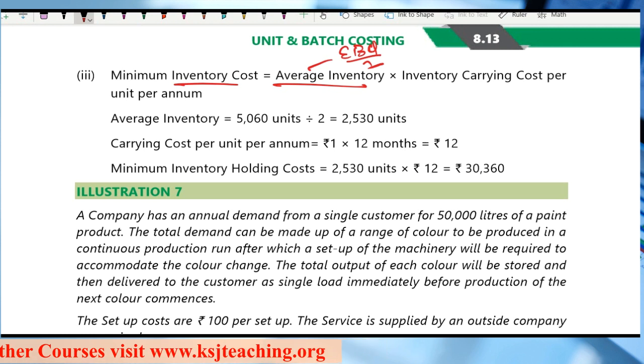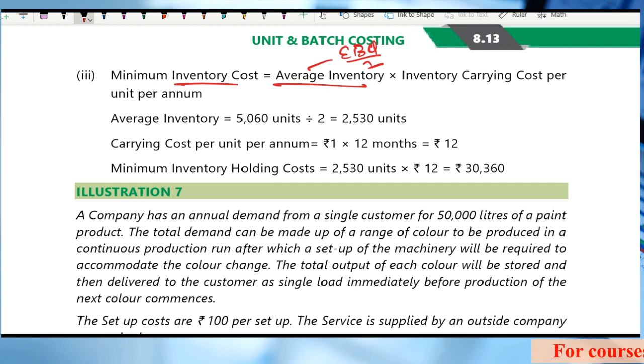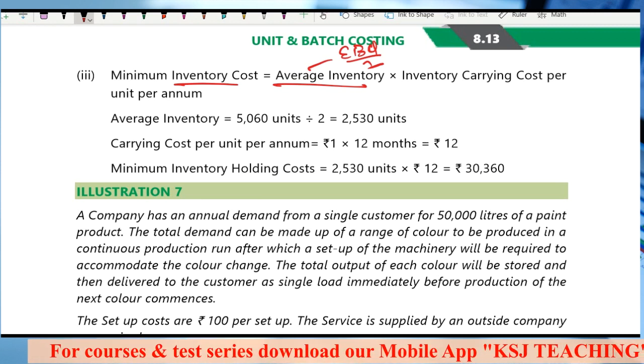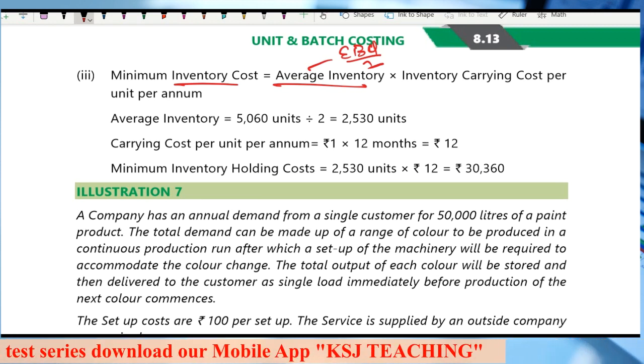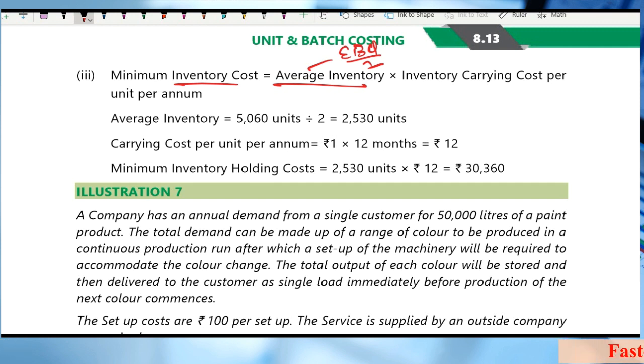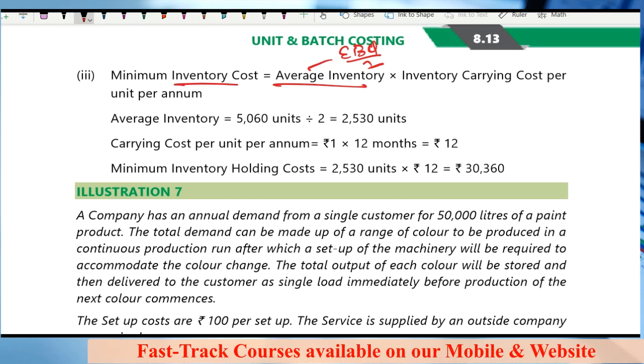The inventory keeps on changing. One day you will have 20 units of the finished goods in the godown. The next day you might have 15, right? Because you sold 5 units. Next day you might have 25 units because you added from the production 10 units. The next day you might be having 10 units because you sold the remaining 15 units. So this inventory keeps on changing. So what we can take is, we can only take the average inventory. On an average, what is the quantity of inventory that we carry in our godown, right?